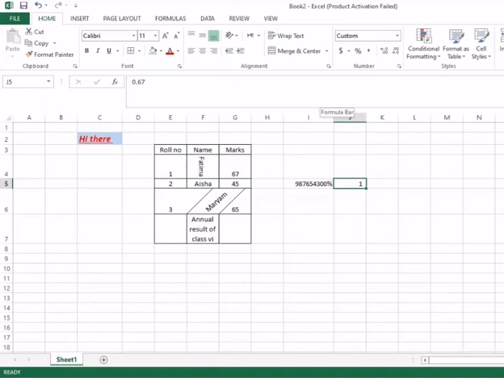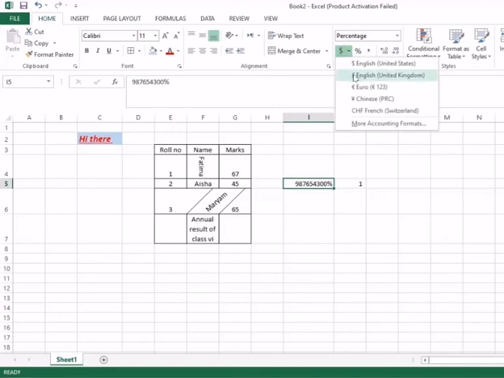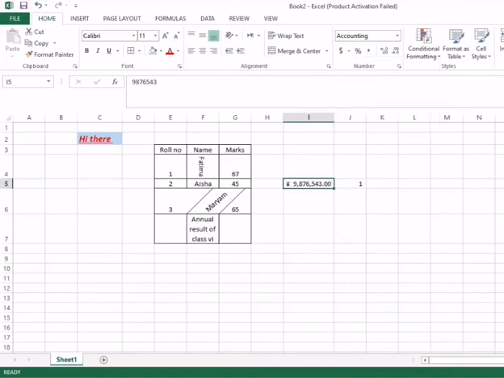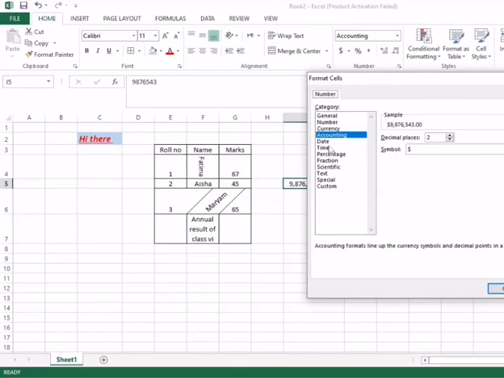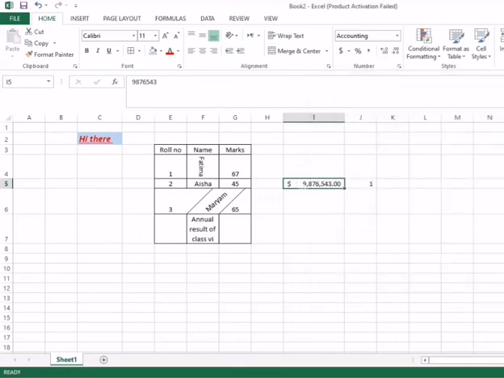In the dollar sign, if I click here, you can see there are some other currencies, like for United Kingdom, Chinese, French. So if you want any other currency, there are more, and there are also date and time options. So you can apply with the numbers currency signs, and with percentage, commas, and rounding of these numbers. These are all in your chapter. Hope you understand all of this.